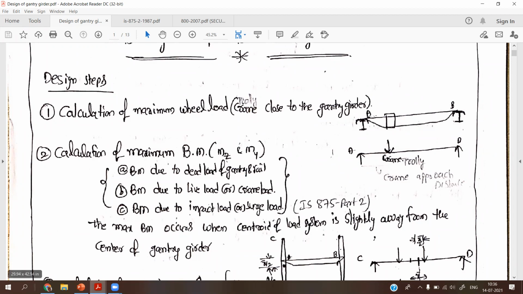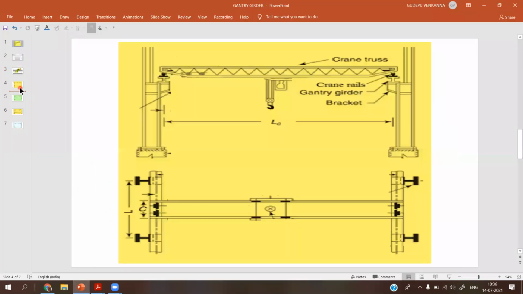Okay, so for example, this is a gantry girder. This is a crane girder, and this crane girder has a hook. This hook moves along this direction. Also the entire crane girder moves in this direction. This is the gantry girder.